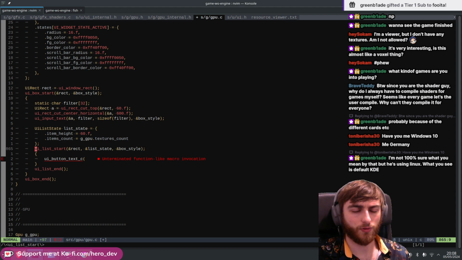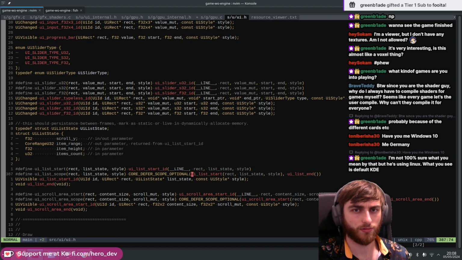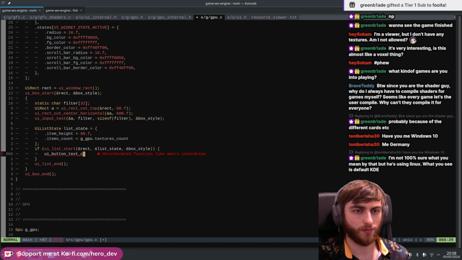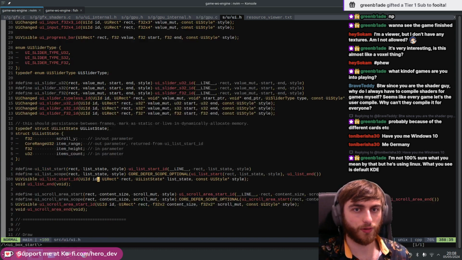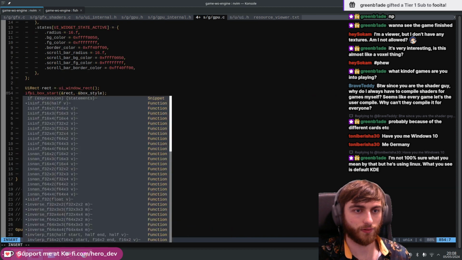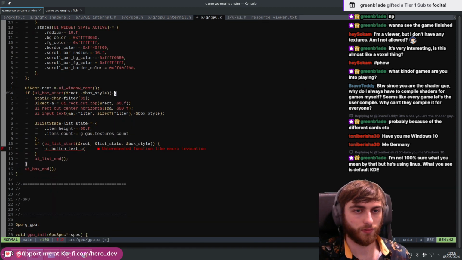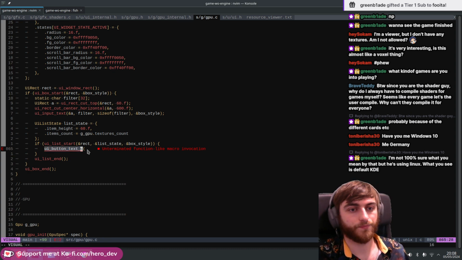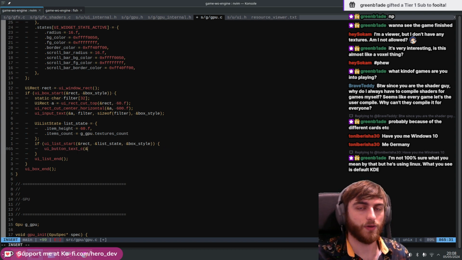How does the list modify the rectangle again? Right, it tells you if it is visible, and that's a big deal. So we can do some of that. Does the box return invisible as well? Of course it does. So that needs to happen. Alright, so we've got this button, and we're going to say if... yeah, I think we use the rectangle. I don't think the rectangle actually changes. I think it just adds